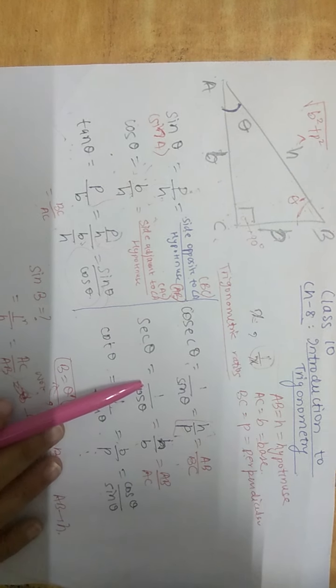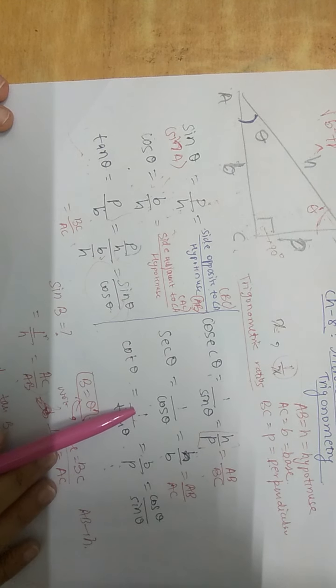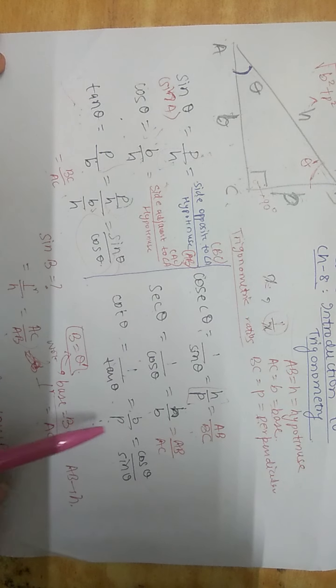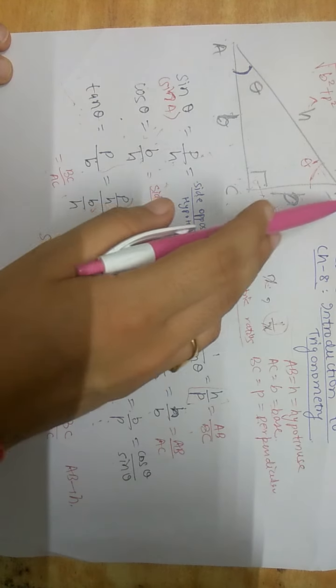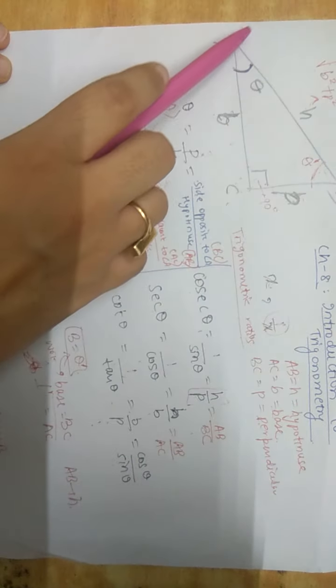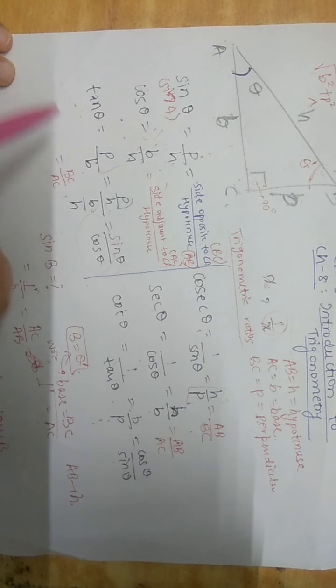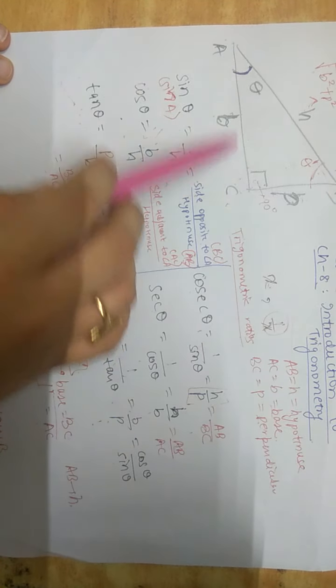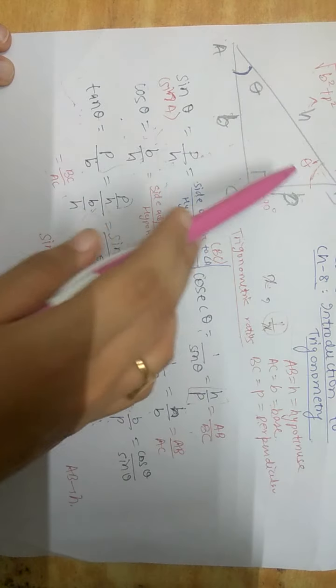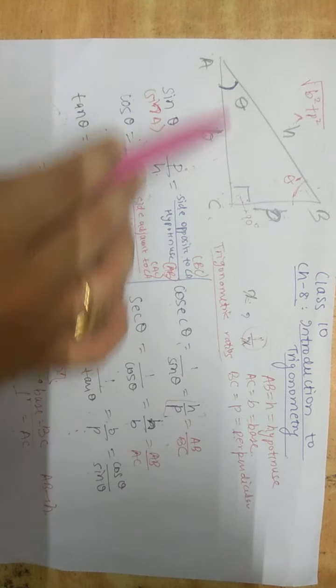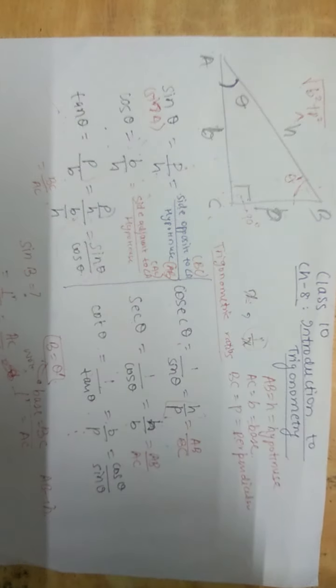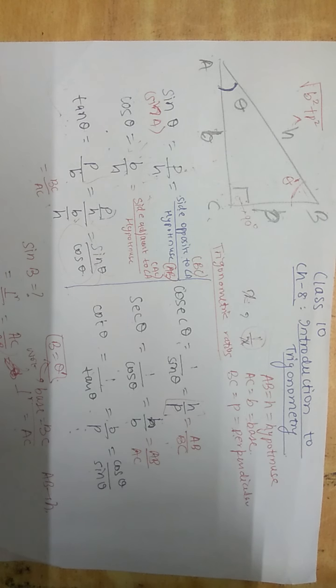Right. So the first part of this chapter begins with the trigonometric ratio. There are around 6 trigonometric ratios. First of all, you should know why trigonometry is used. For example, you have a friend who is standing on a building and you are standing over here. So, using trigonometry, you can find the distance at which you are looking at your friend or the angle of inclination from the ground at which you are looking towards your friend. So, trigonometry is used in engineering also. It is highly significant in engineering and other fields.